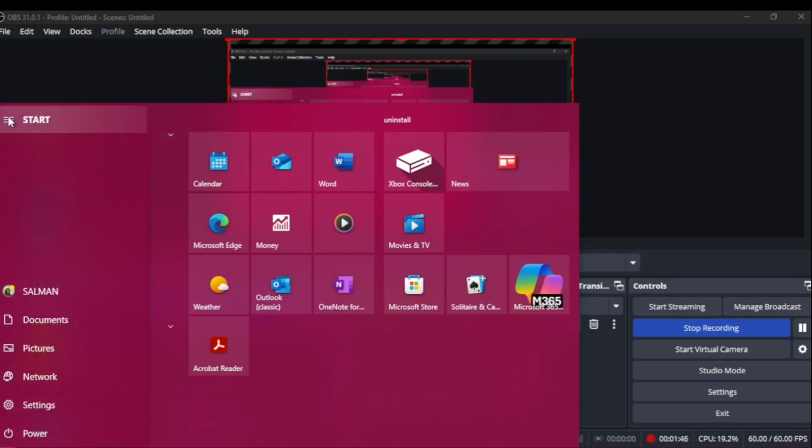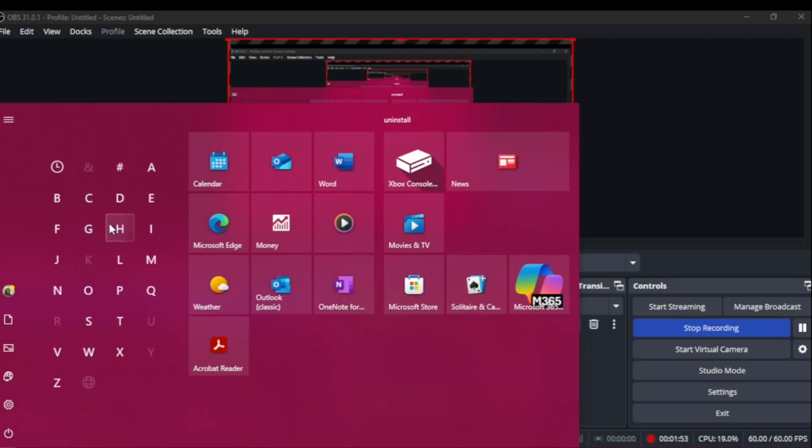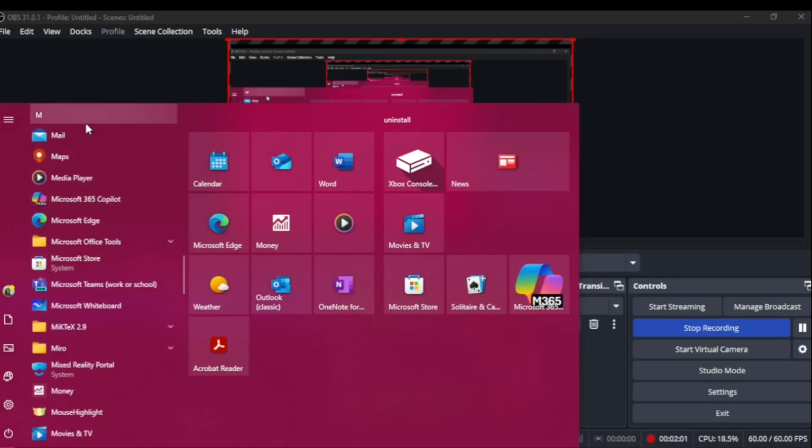If you want to go back, just click on the list of start menu and then come back over here, again click, again activate the list of alphabets and then click on another word. For example, I click on M. It opens all the apps installed on my computer whose name starts with M: Mail, Maps, Media Player, and so on. And similarly, you can go back to this start menu